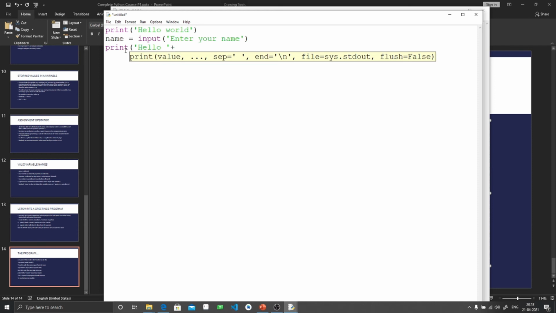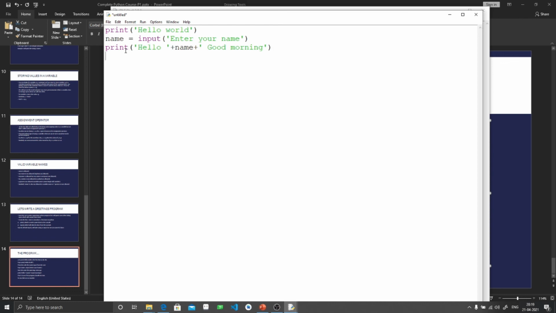It should not be a single string, it should have some spaces in between. After that I will include the variable name, then again give a space and greet good morning. So this is our simple program.